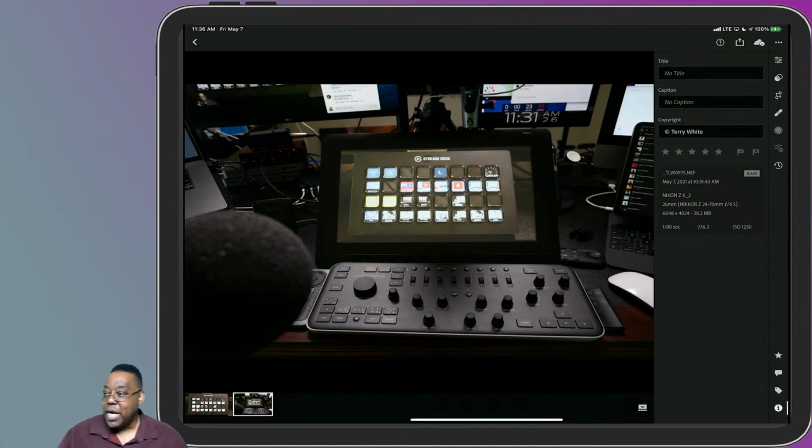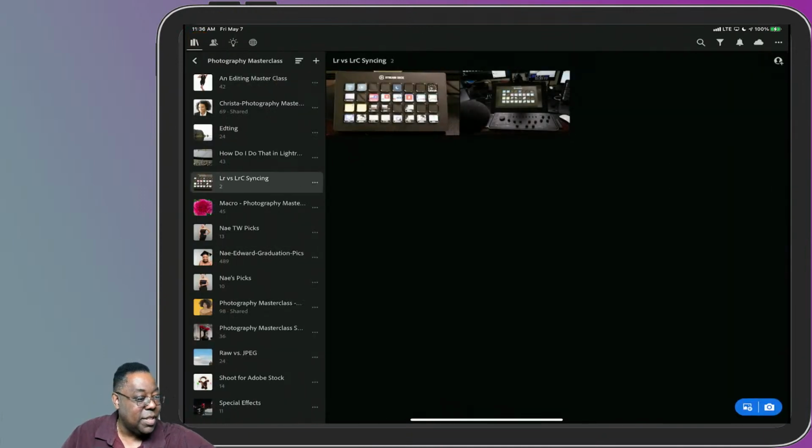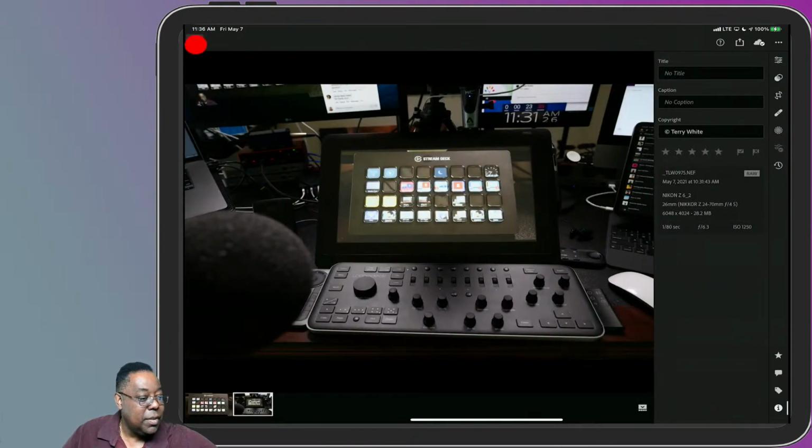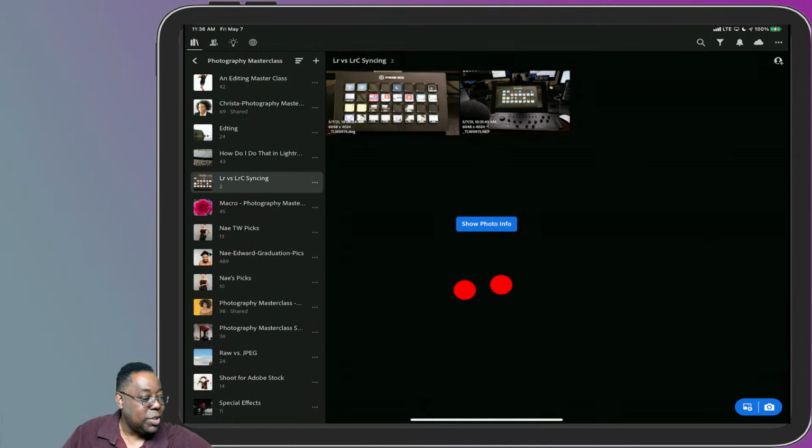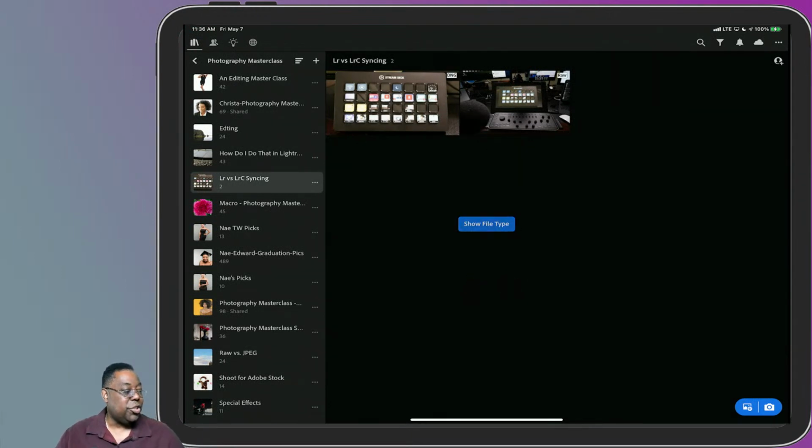Yeah, you can see it in the bottom right-hand corner there, the full 6048 by 4024 full NEF raw file here, and here I can even show the difference. If I do a 2-finger tap, I can switch between the modes. There it is. So it's showing me in the upper right-hand corner that that's a raw file versus the one on the left, which is a DNG. So it's showing me what they actually are.